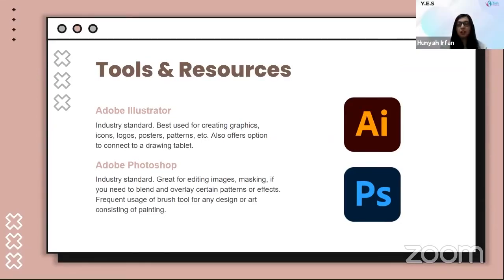Yes, I used Adobe Photoshop. It took me a while to actually get a hang of using all the tools in there, like how to use the layers and the different functions. This is industry standard, so I think everyone has their own duration of time of how long it takes them to get used to it. I didn't use it for too long, but there was a lot I learned in the short span of time. So yeah, they're really good.